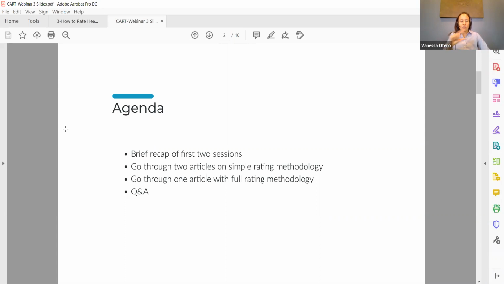I'll do a very, very brief recap of the past 2 sessions. Then we're going to spend some time going through 2 articles on our simple rating methodology. And then we're going to go through 1 article with our full rating methodology, and then we'll leave some time at the end for Q&A. But this session is going to be a little bit more interactive, so I will ask you for feedback when we're going through the 2 articles on the simple rating methodology and the 1 article on the full rating